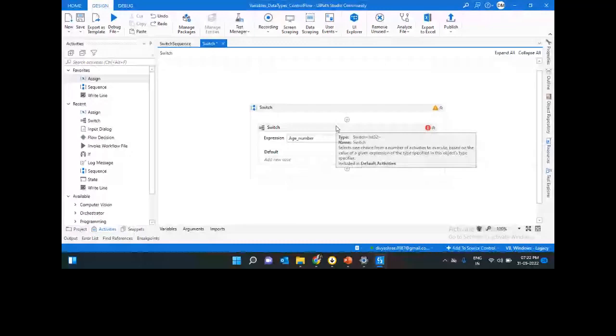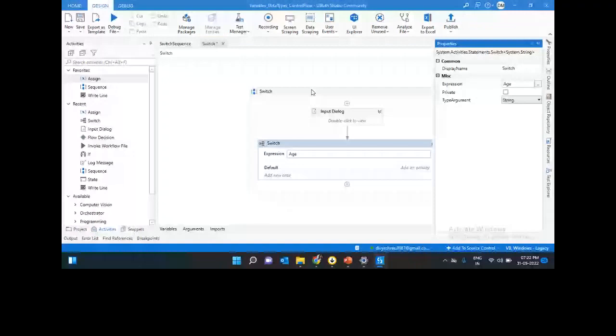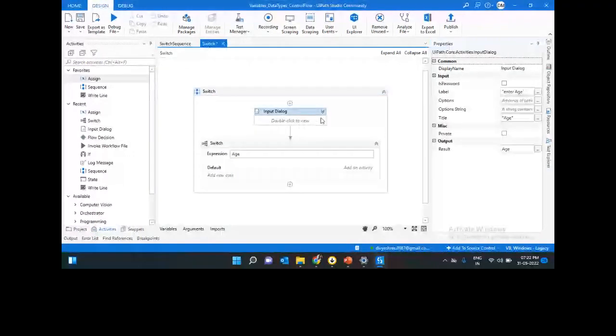Input dialog. I have taken this. I really do not need this. Here you can actually define the type of the argument. Let me take it as a string. Anyway, I'm taking the input dialog from the user, and you can define the type of each case here as the type of an argument. I'm taking it as a string. So I'm taking this age as an input dialog from the user, and let me use this as a string. I'm passing it as pen,